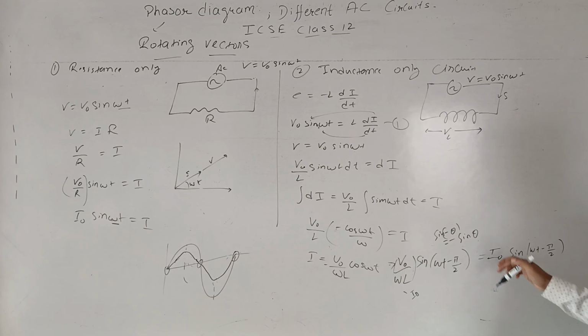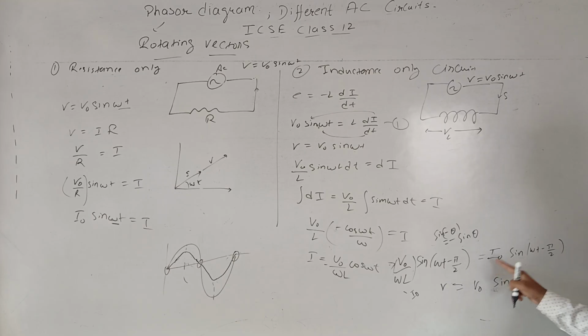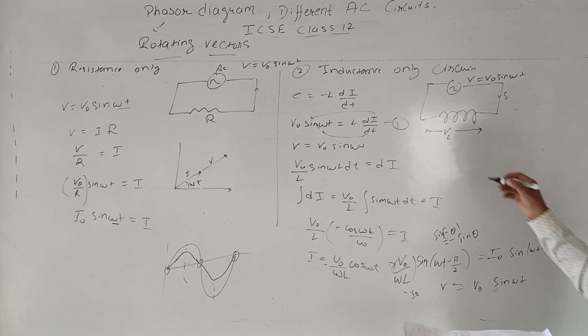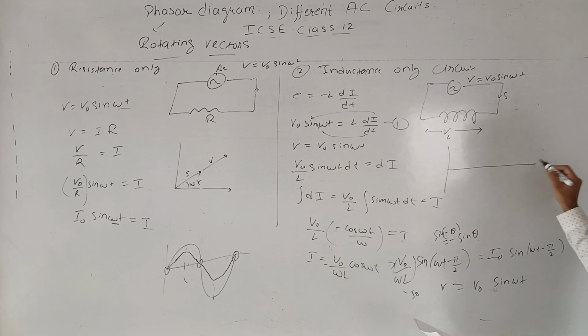So what is the relation between the potential and the current? V is equal to V naught sin omega t. So it means the current is lagging behind the potential by an angle of pi by 2. What does this mean? Current is lagging behind by pi by 2. It means when the